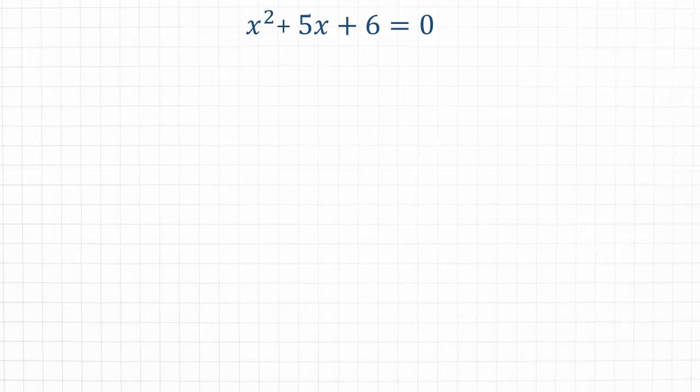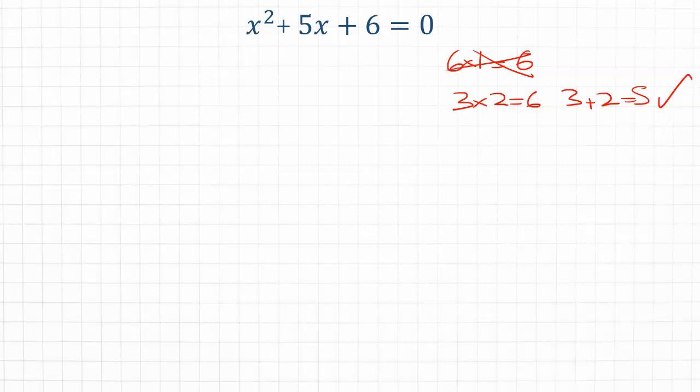We look at the last term, 6, and its factors. We are looking for a pair of numbers or factors of 6 that multiply to 6 but also add to 5, which is the middle term. So 6 times 1 is 6 but adds to 7, so this is not our pair. 3 and 2 do multiply to 6 and also add to 5, so this is the pair of numbers we